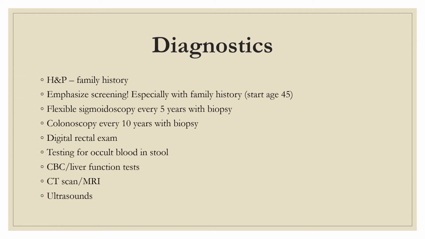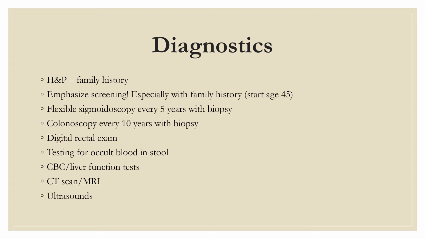And diagnostics, how can we diagnose a patient with colorectal cancer? Like I say, with every disease process, history and physical is so important. Getting that family history, because it's so hereditary, we need to know the family history. Really put an emphasis on screening, especially if you've had first-degree relatives who've had a history of colorectal cancer. We really need to get the patient screened at an earlier age. Typically, we start screening patients at age 45, but if there has been a history, we want to do that earlier, and that will be provider preference.